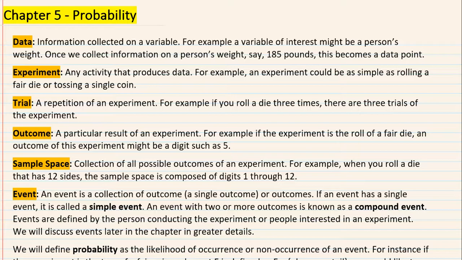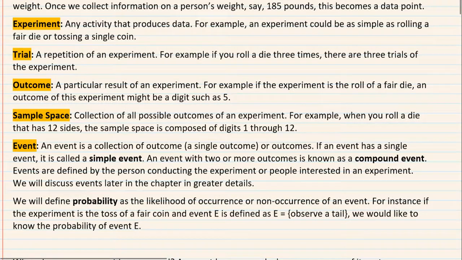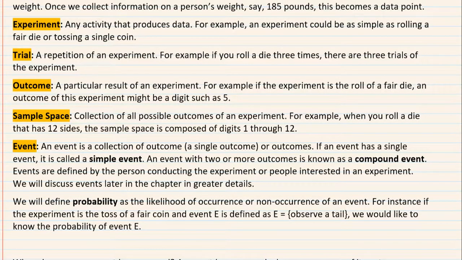So what is probability? Once we're done with those terminologies, a probability is simply the likelihood of something happening or possibly not happening. So for example, I want to know what is the probability that a flight for a particular airline is going to be on time, or it may be delayed or cancelled. So that would be the simple definition of probability.